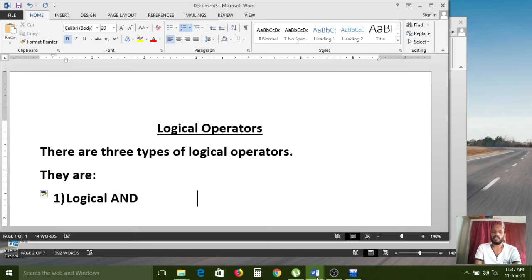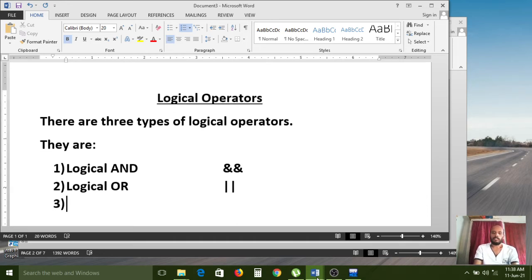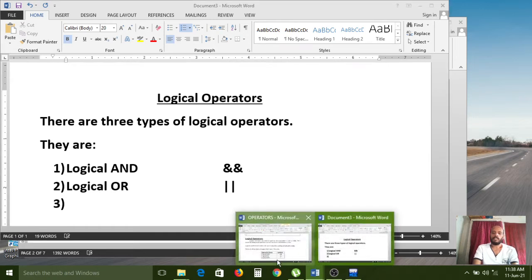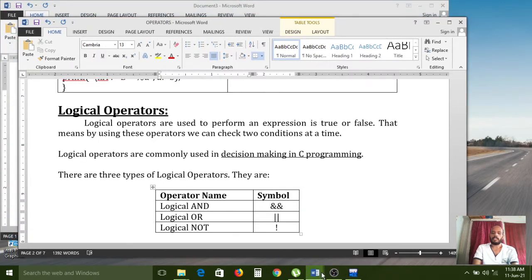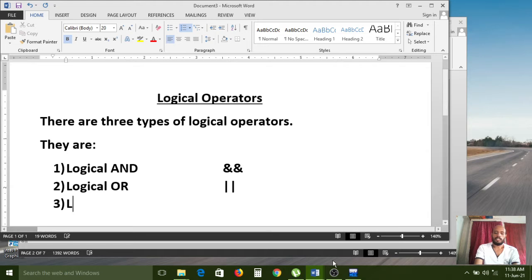The logical AND operator is indicated by two ampersands, so at a time we use two ampersand symbols. The logical OR operator uses the parallel symbol, the double vertical bar. And the third operator is the logical NOT operator, for which we simply use one exclamation mark.